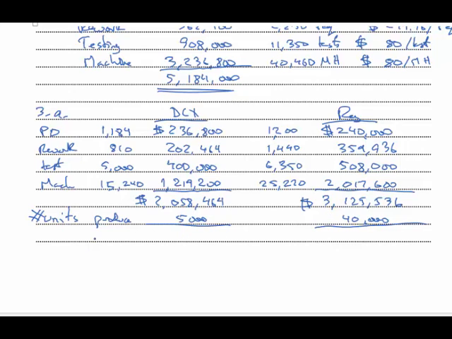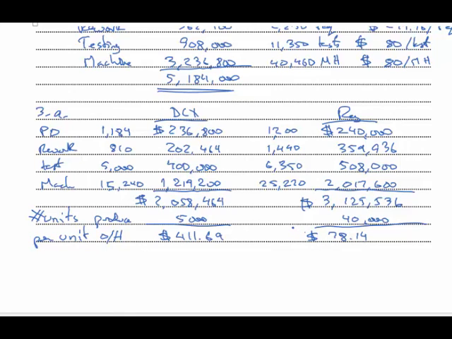So to get the per unit overhead cost, got to divide, and that works out to $411.69 and $78.14. Okay, so now we have a bit more actionable information here,